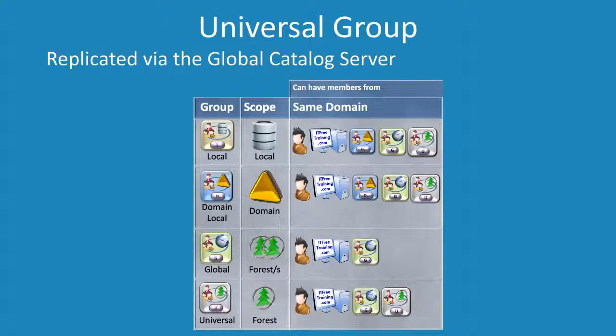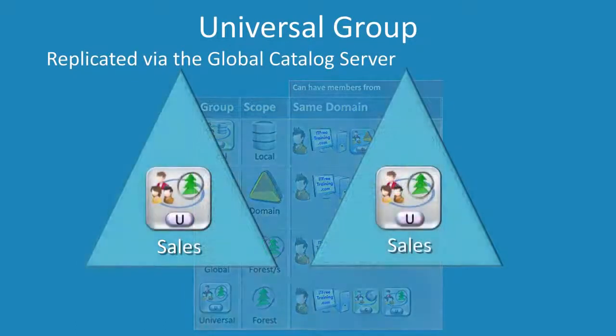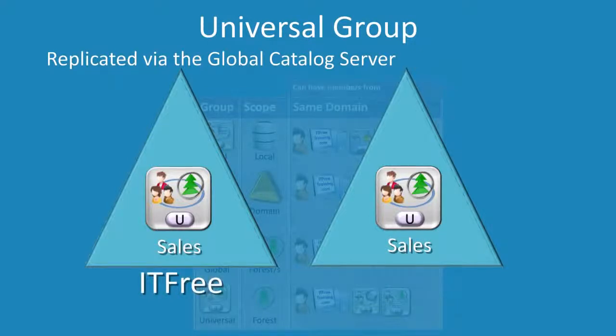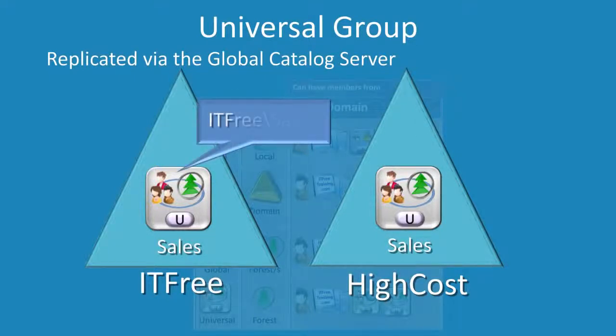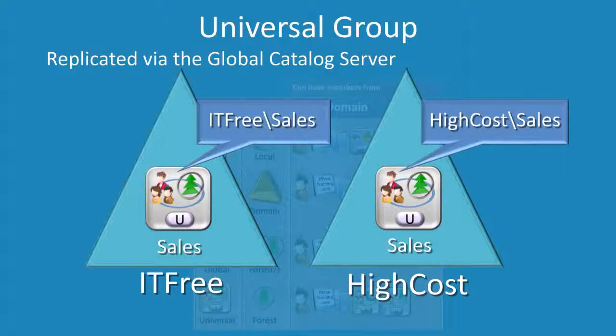To illustrate this, consider this. Say two universal groups called Sales are created in the domains IT-free and high-cost. To access these groups, you could use the syntax IT-free\sales for the universal group located in IT-free. To use the group in the high-cost domain, the syntax high-cost\sales could be used. Thus, the universal group is still tied to the domain, but the membership details of this group are stored in